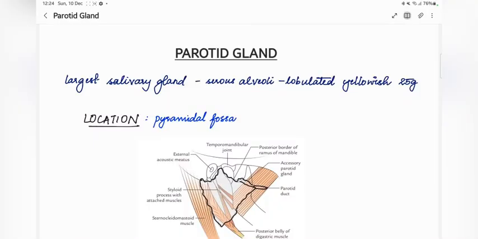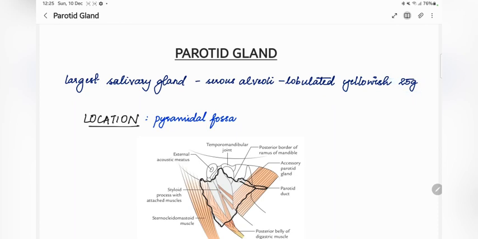So today we are going to discuss an important topic in head and neck, which is the parotid gland, which often comes as a long question in the university papers. The parotid gland is the largest of the three pairs of salivary glands, the other two being the submandibular and the sublingual glands. This is composed entirely of serous alveoli, and it is lobulated, yellowish brown in color, and